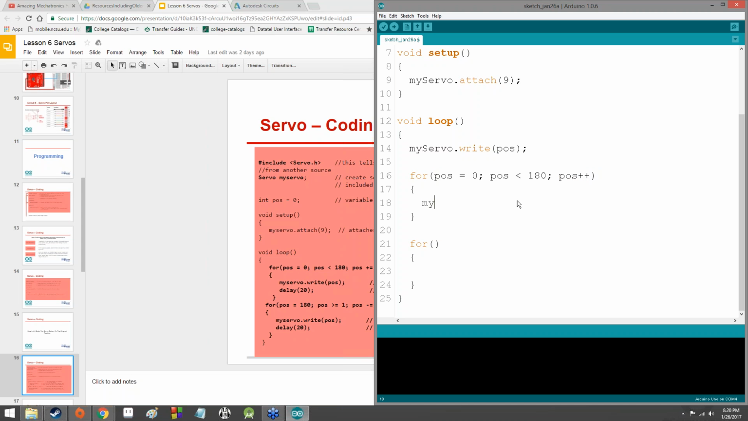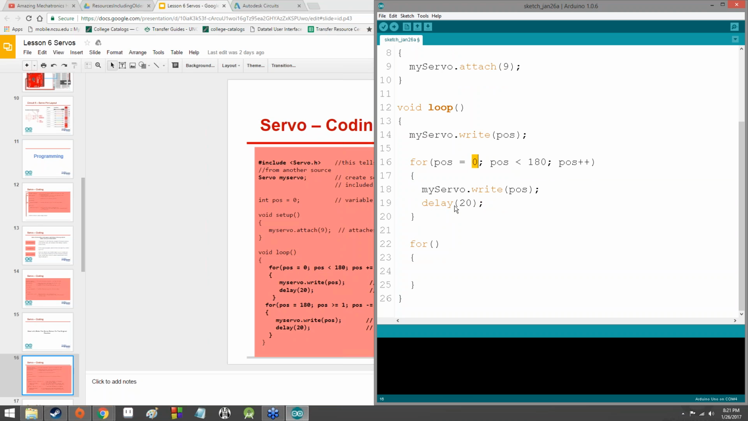And all we're going to say is my servo dot write position and then delay 20 milliseconds. So now we're going to write that position to my servo, and we're going to wait 20 milliseconds, and then we're going to run through the loop again. And it's going to do this for position from 0 to 179. We don't want to go the full 180 degrees, but we want